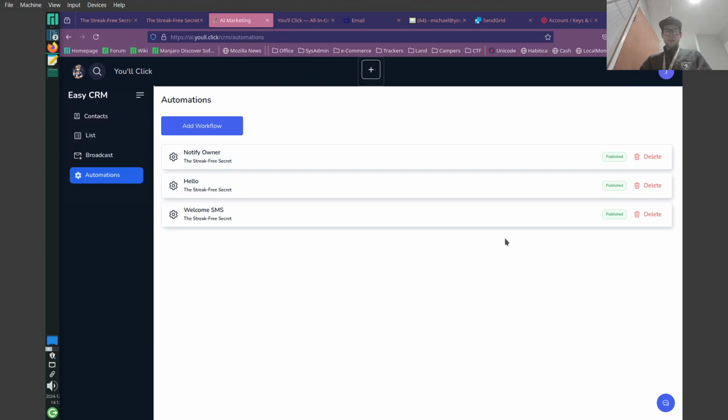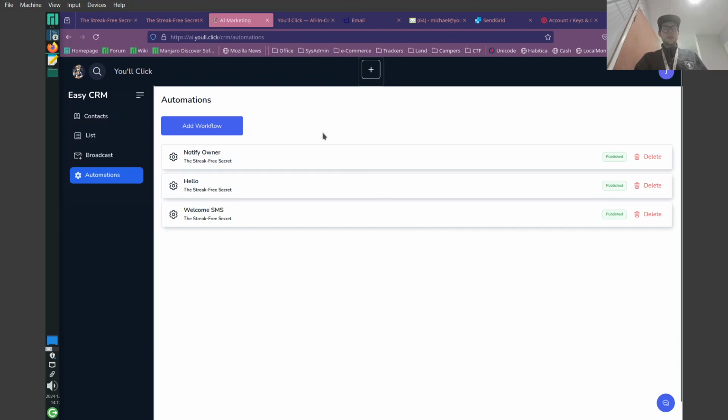In Youclick, if you think about the possibilities with this, it could really go very far because you could have, let's say, an email that goes out an hour after the initial email, and then 5 hours, and then 24 hours, and then 72 hours, and then you can do the same thing with your SMS so that these people are just constantly reminded of your presence until they do get a quote or until they do win